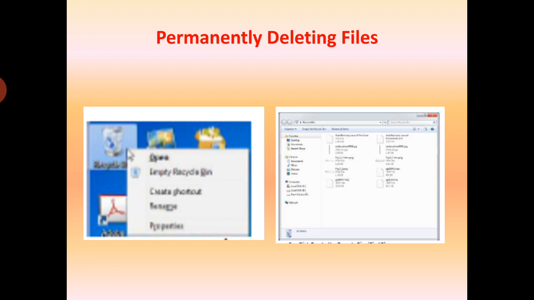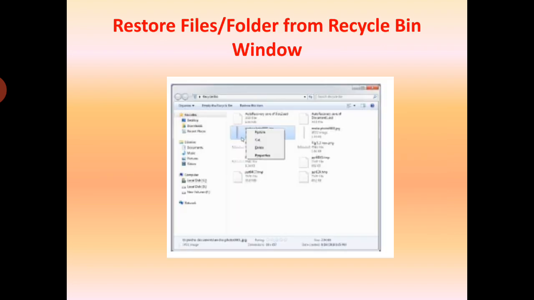The recycle bin window appears. Click empty the recycle bin. Now students, how to restore files or folders from the recycle bin window? To recover a file from the recycle bin, just right click the file and then click restore. Or select the file and click Restore this item.